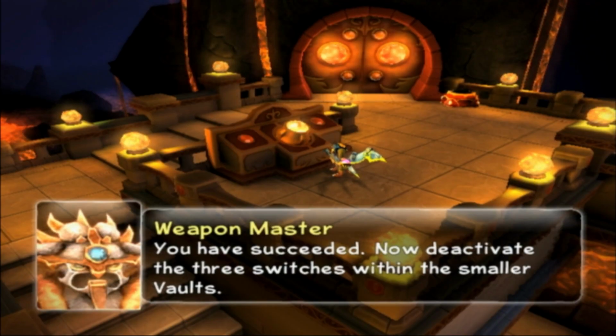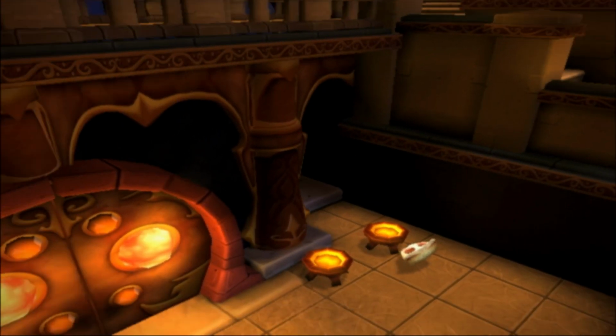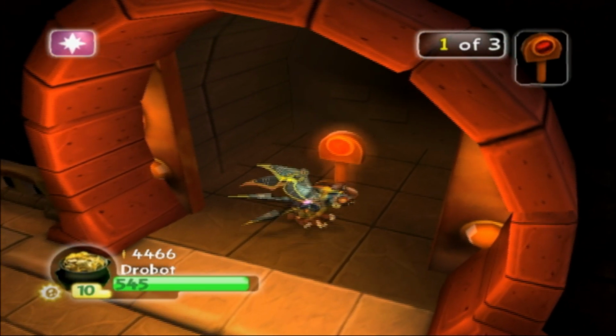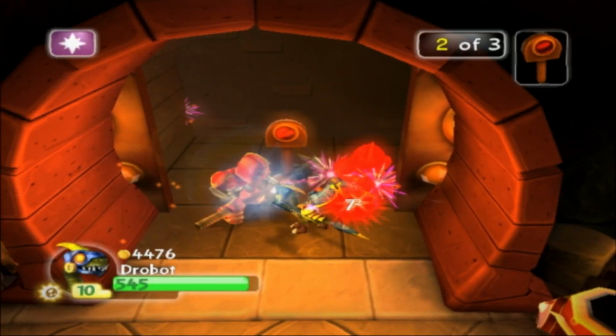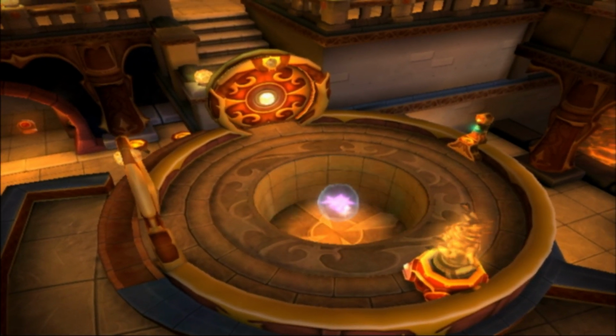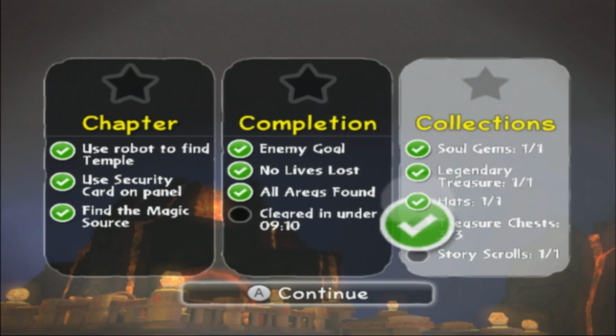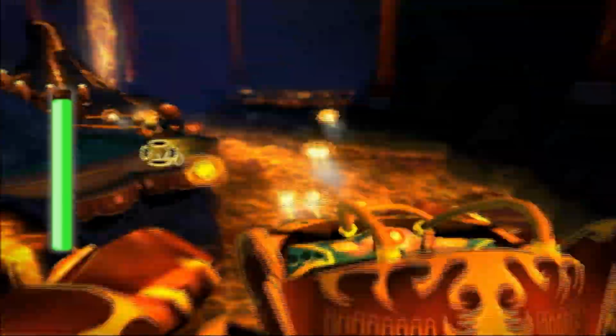We head back up and use the key card, but we're told we need to deactivate 3 locks inside the vault to collect the Eternal Magic Source. With this, we're able to deactivate the first lock, second lock, and the third, and are finally able to collect the Eternal Source. As you can see, we've completed every goal except the time goal, so for the final time of this video,